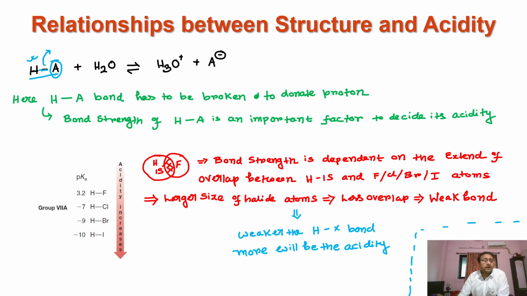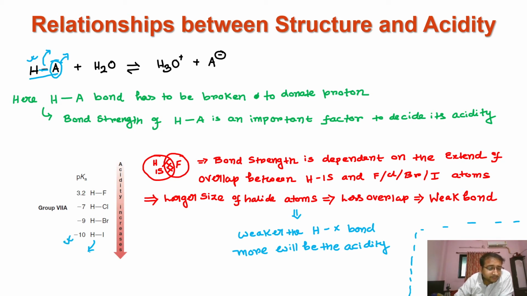Okay. Now, what are the factors that basically affect the strength of this bond? This we will discuss. The first factor is the size of this A atom. Okay, so you can see one trend. If we go from hydrofluoric acid, hydrochloric acid, hydrobromic acid, to hydroiodic acid, you can see that the pKa value is decreasing. So you can see that hydroiodic acid is a much stronger acid compared to hydrofluoric acid because it has a negative pKa value.